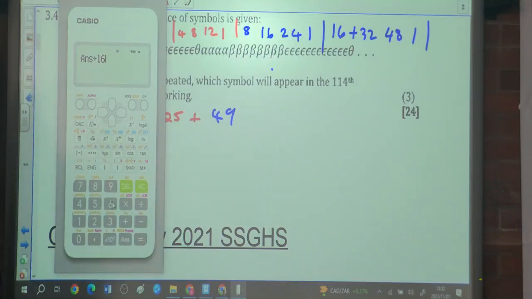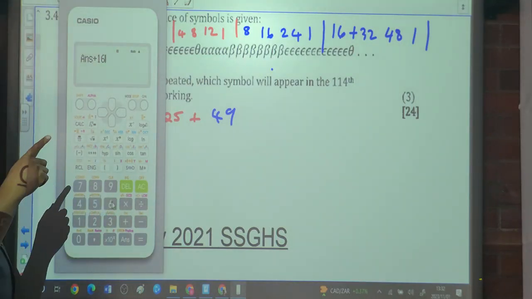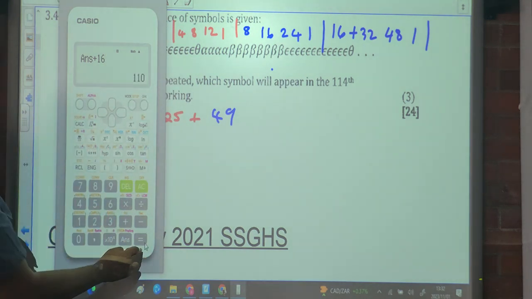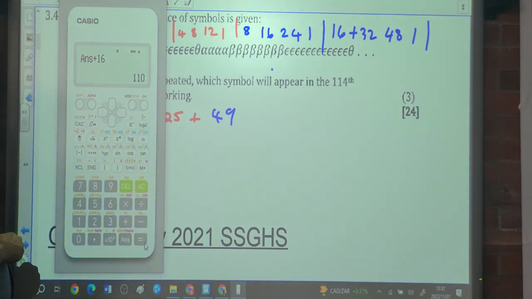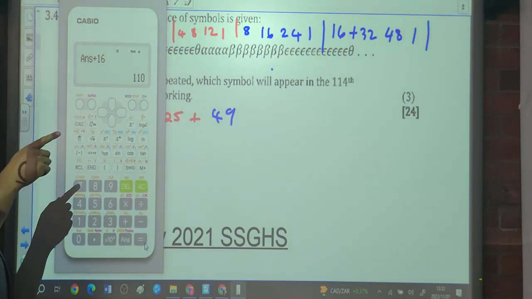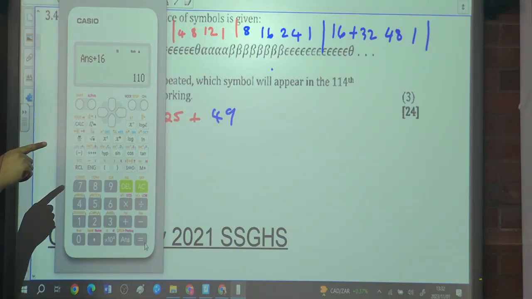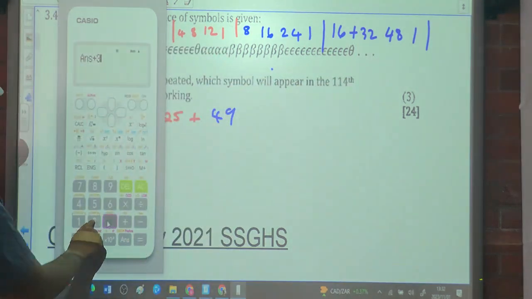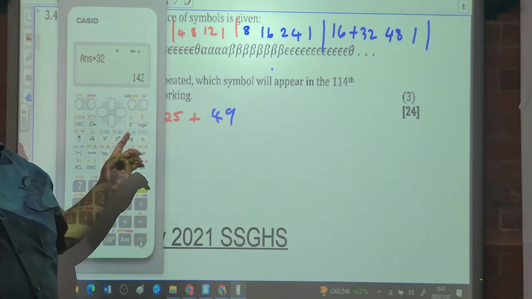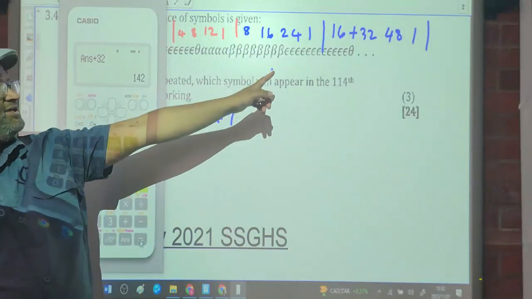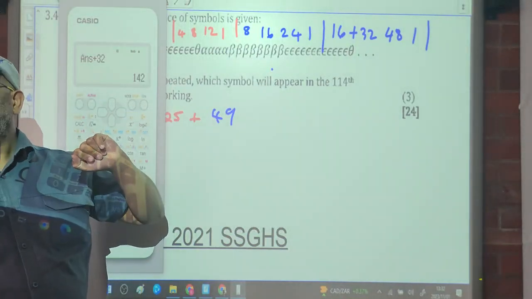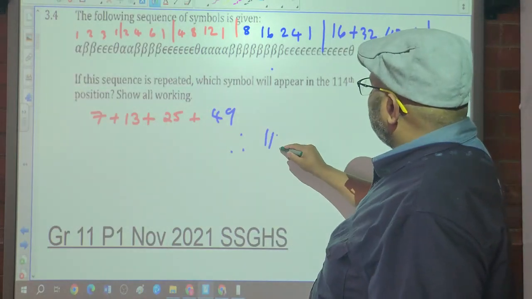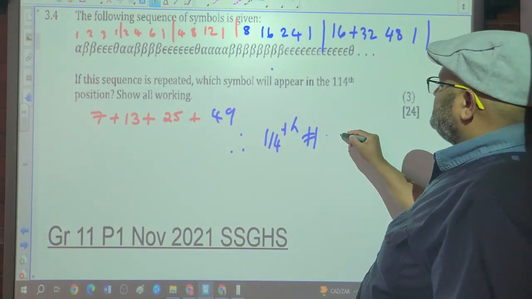So if this number is over 114, then that letter is alpha. Can you see that? Which is not yet. So the 111th number till the 142nd number is going to be a beta. So therefore, the 114th number is equal to